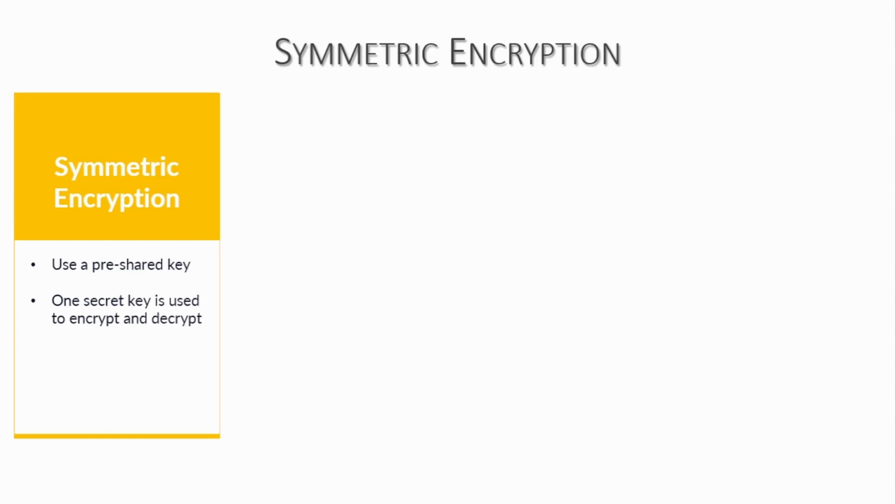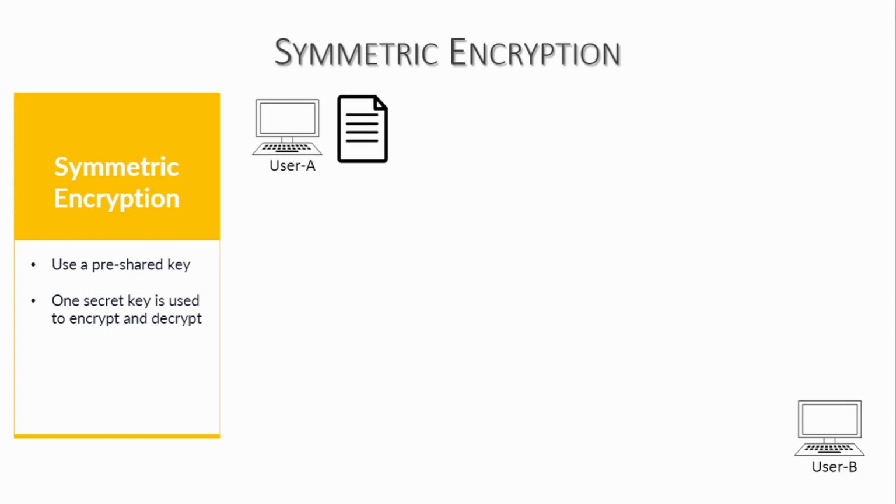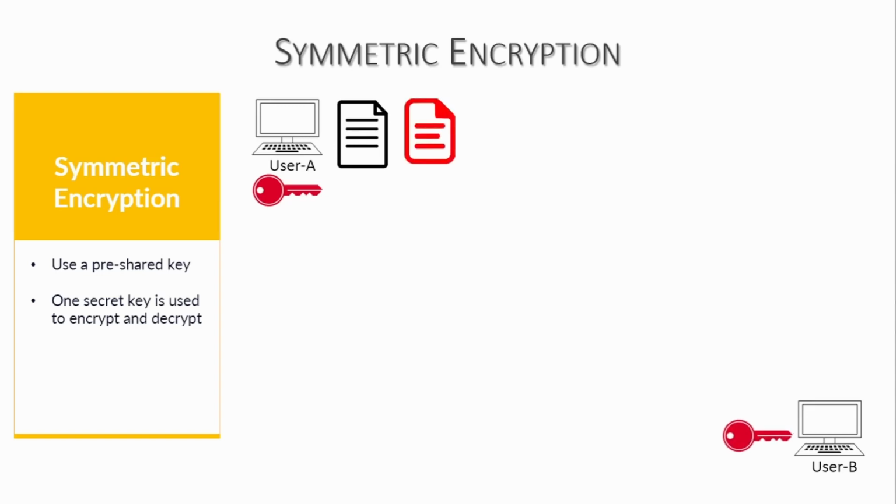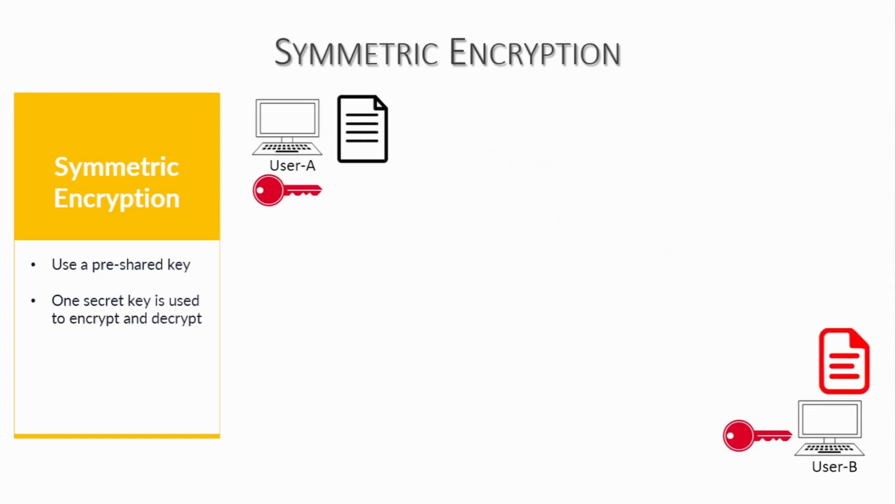So for example, here we have user A and user B. User A is trying to send this document to user B, and to encrypt this document with symmetric encryption, user A will generate a secret key, then make another copy of the secret key. The second copy of the secret key will be sent to user B. Now that user A and user B both have their own copies of the pre-shared key, user A will encrypt the document with its copy of the pre-shared key and send it to user B. Then user B will use its own copy of the pre-shared key to decrypt the document and get it back